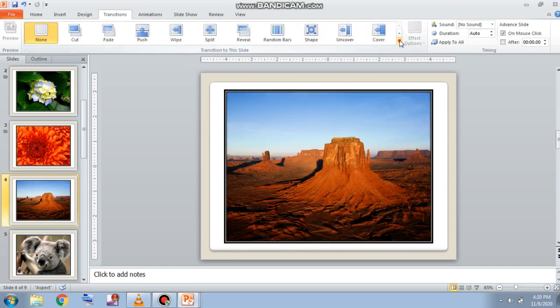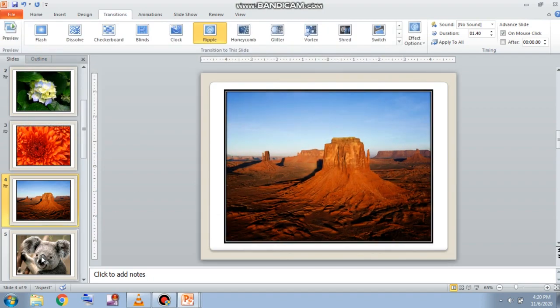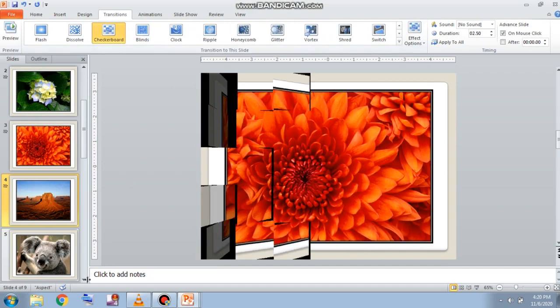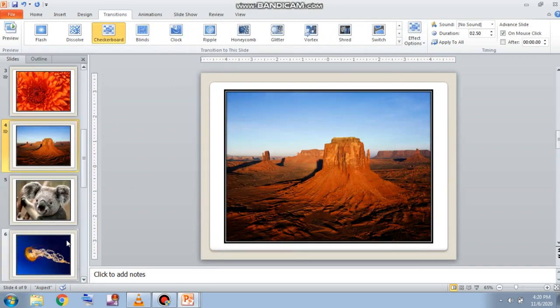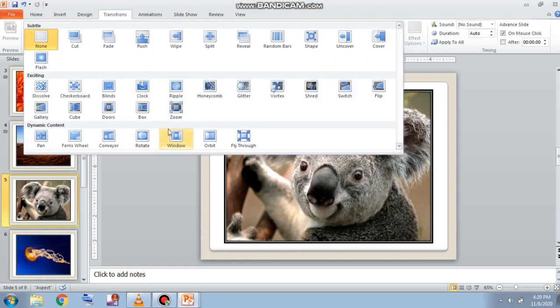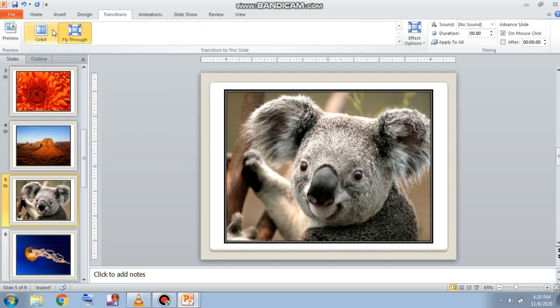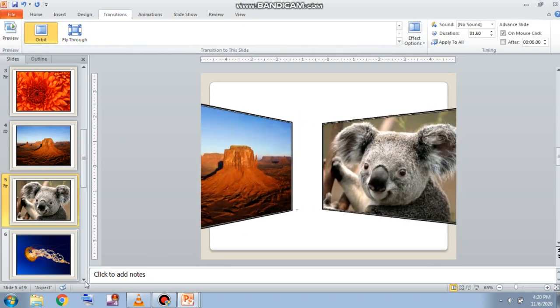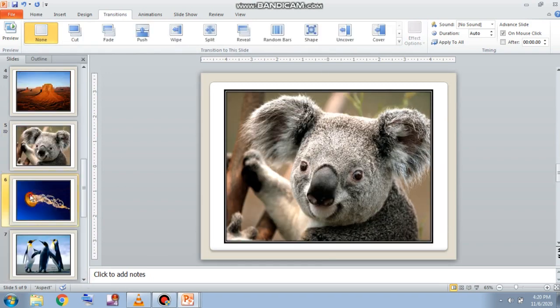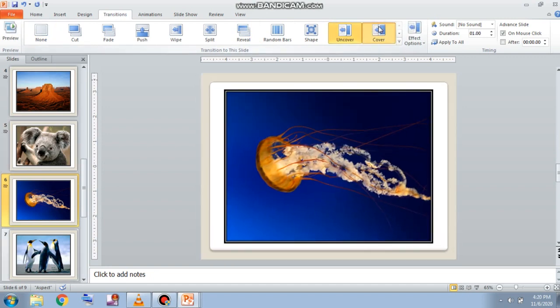Make sure my dear children you all are in the transition tab. You will find it in the transition tab only. This is how, as you can see, I am doing it. So like this you can select your slides one by one and you can apply the transition according to your desire, according to your choice. You can insert or apply the transition, and also you can see the preview, so that you could understand how it is looking, what are the changes you need to do.